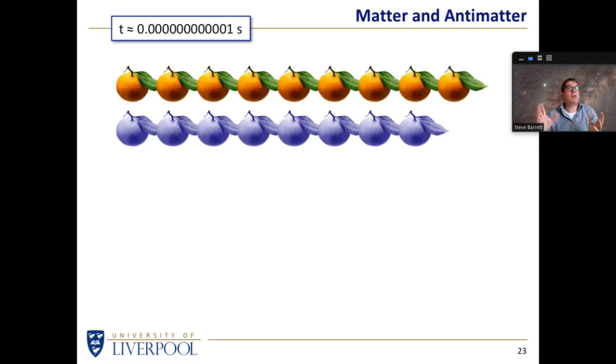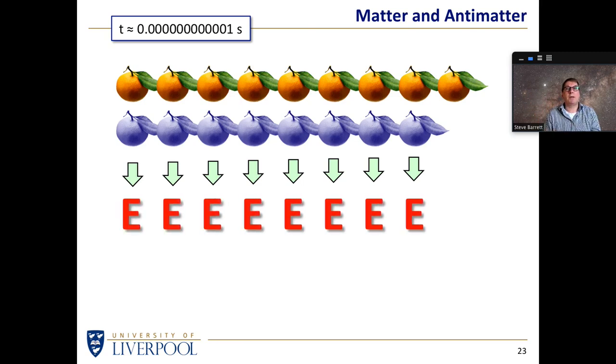Might not sound like much, but it's rather important, because if you think of all the matter and antimatter particles, they are all going to annihilate with each other and produce energy, produce light, if you like. But that matter particle left over, that tangerine on the end, hasn't got an antimatter equivalent to annihilate with. So we end up with a universe full of energy, full of light, and a little tiny amount of matter. But that tiny amount of matter is everything we see in the observable universe.